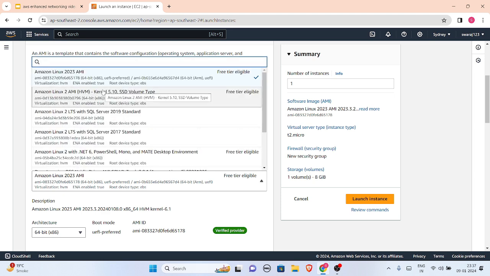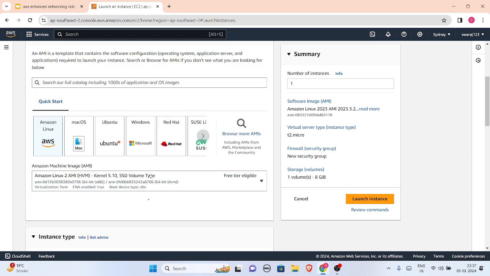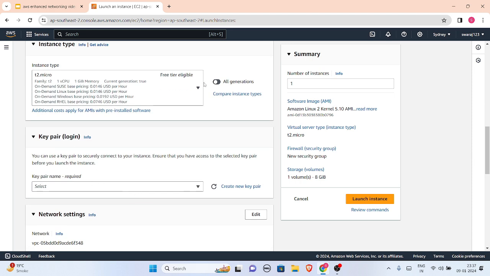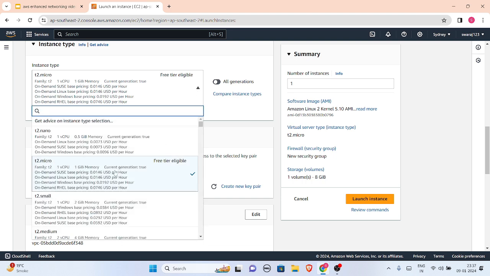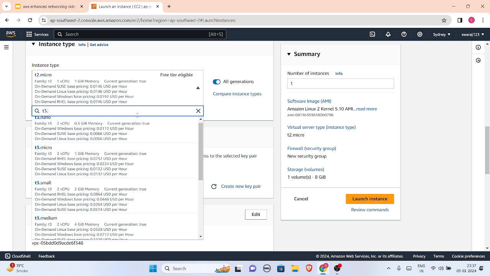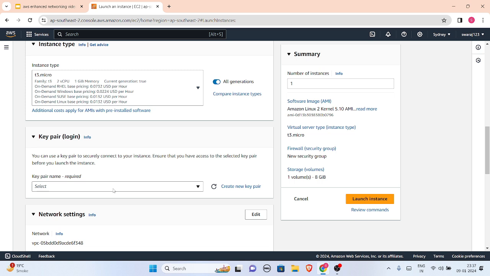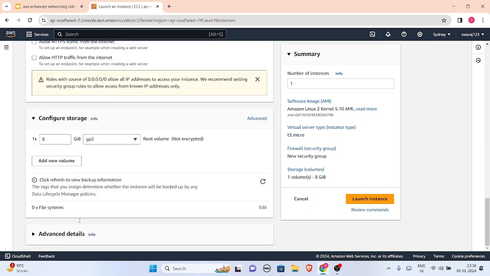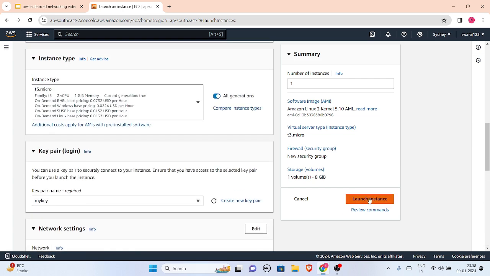AMI. Okay, Amazon Linux 2 AMI I'll be selecting, which is also free tier eligible to me. Instance type will be T2.micro. It is now, it will be T3.micro. Just look, T3.micro will not be free because T2.micro is free to me, so it is chargeable. So if you are making an instance of T3.micro or any not free eligible instance, make sure you stop it to make it cost effective. Okay, now I'll select a key pair, which is my key. Then I'll just keep all the settings as default. I'll launch this instance now.